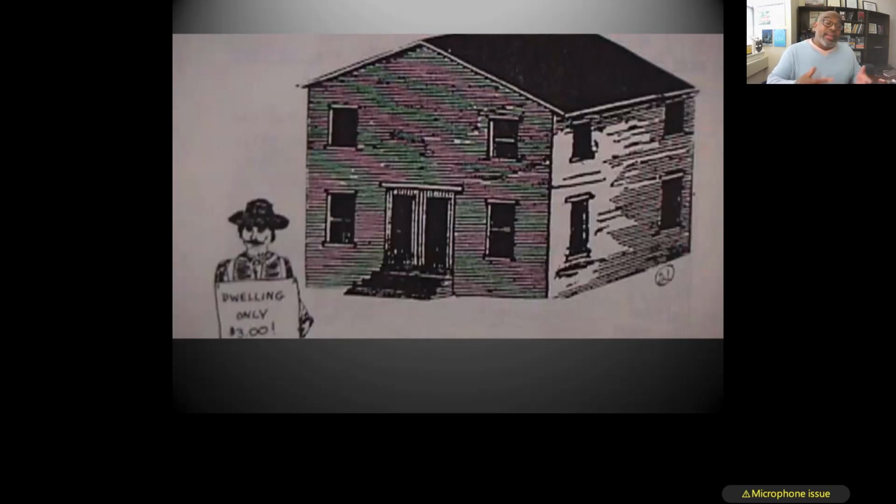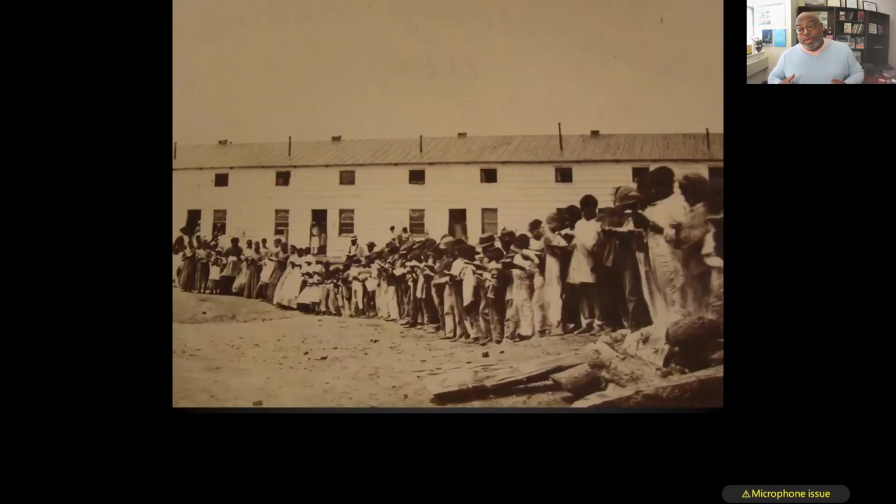This is something I did not know before my Kluge research, but I was able to find out by going through the material that the Library of Congress holds. I was also, through the prints and photographs collection, able to find not one. This is a picture of Freedman's Village where you can actually see the inhabitants. And through research, I was able to figure out that they're actually all looking and reading out of a Bible